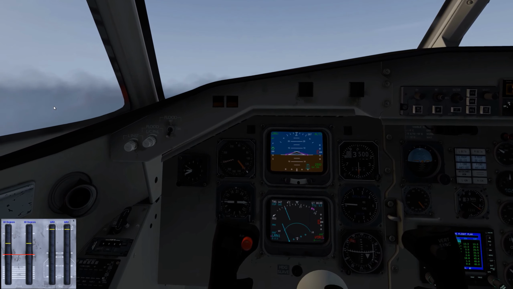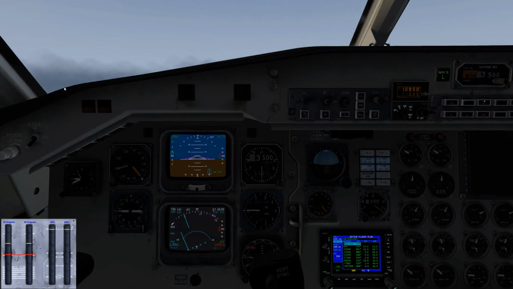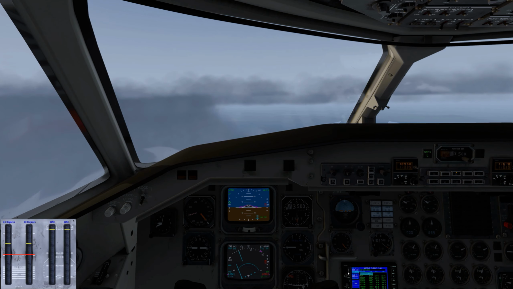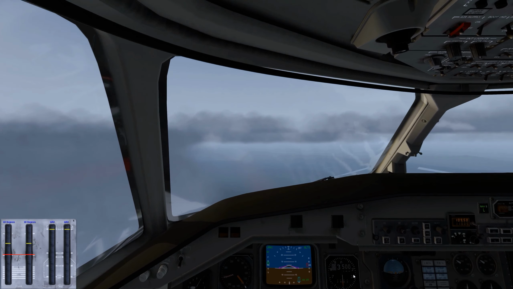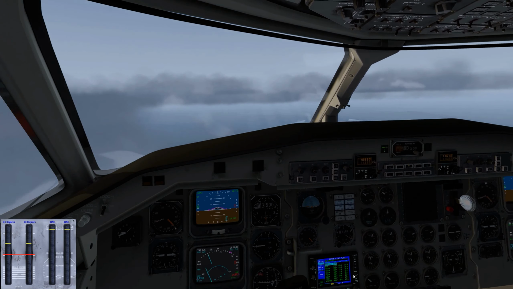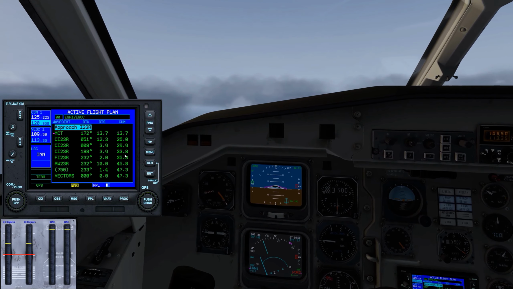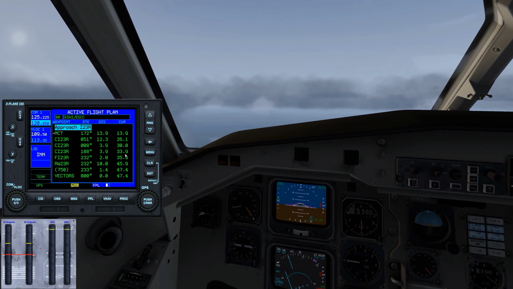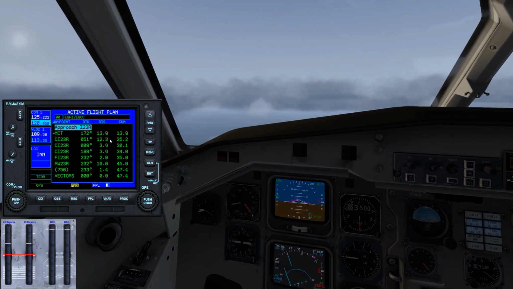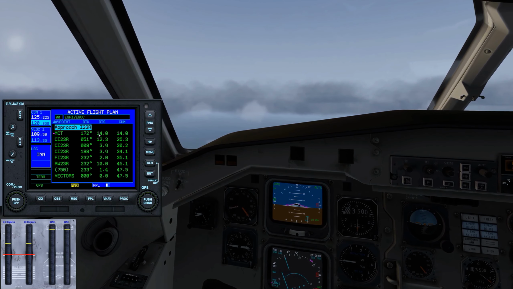Speed up, I don't want to drop too low. Around 140. So there's a lot of clouds about, so I'm just going to stick with the ice protection. And just get a firm grip of what's going on here. 46 miles away from the runway, and I'm just going to let this run through, and hopefully it's all going to